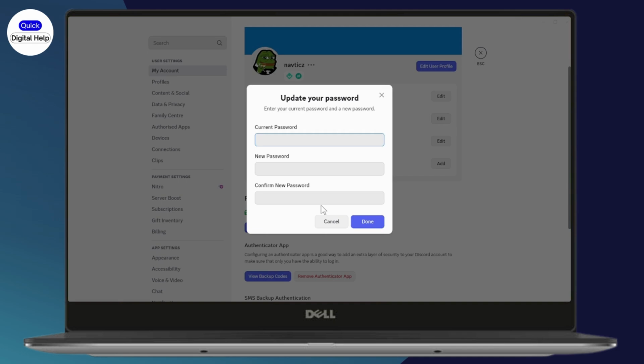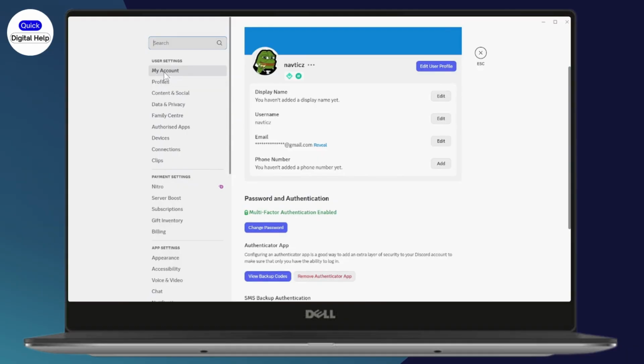Even after changing your password, a hacker could regain access if they stole your credentials through phishing or malware. Enabling two-factor authentication adds an extra layer of security, requiring a one-time code from an authentication app on your phone. This makes it nearly impossible for the hackers to log in, even if they have your password. So the steps to enable your two-factor authentication on your Discord is go with the same interface, which is my